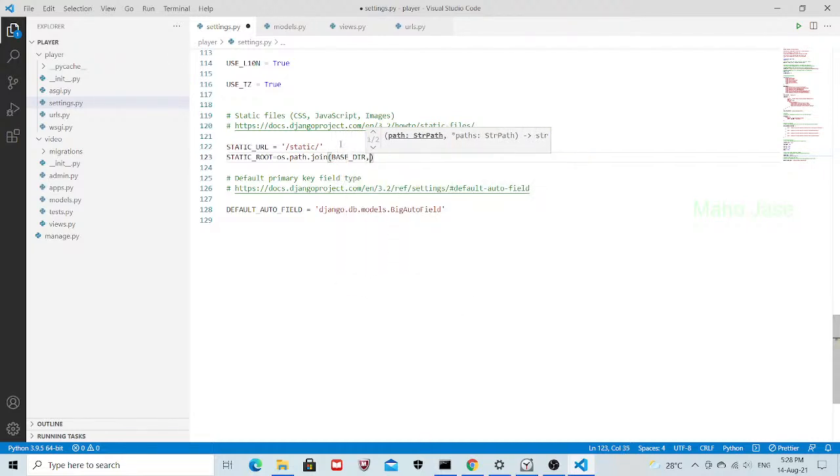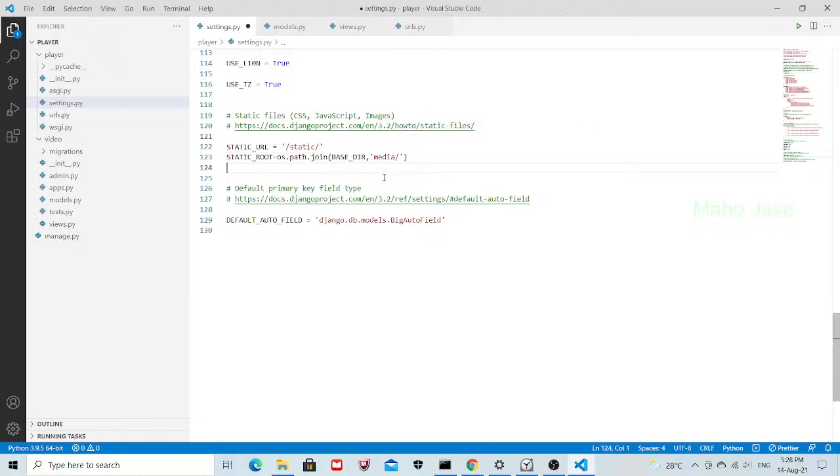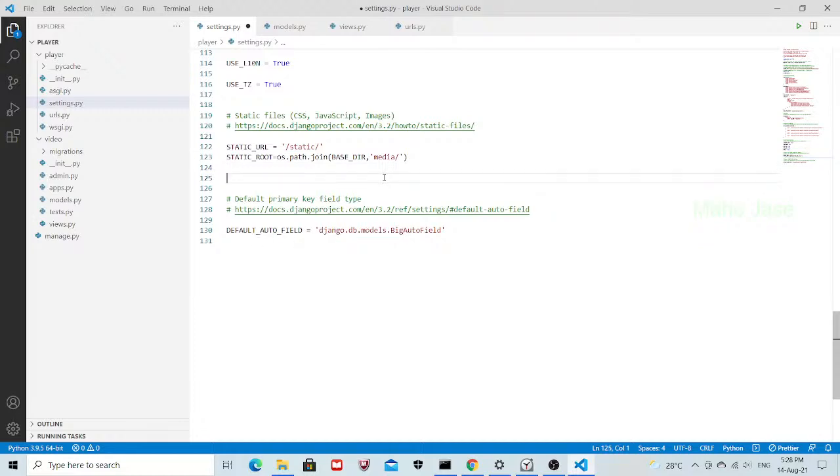So base directory means this is the original directory where our media files, like our videos, audios, or any images would be stored. So this is the base directory, media slash. So we have created a static file,